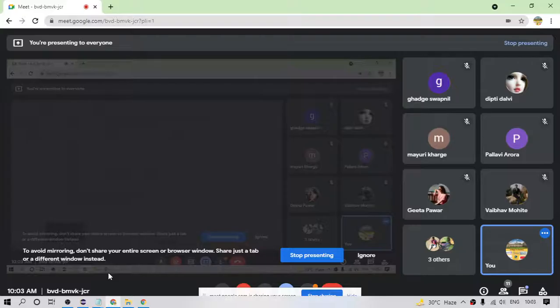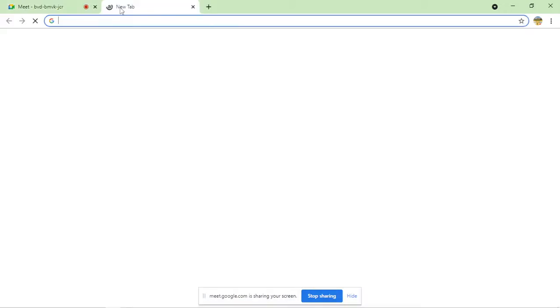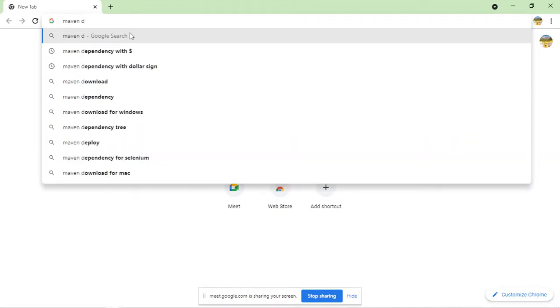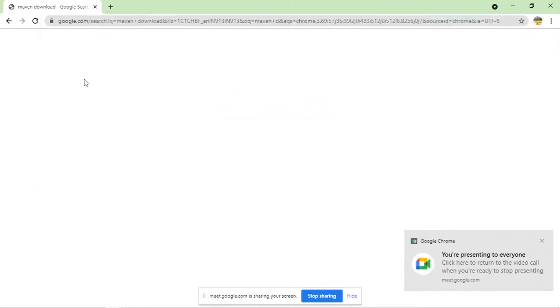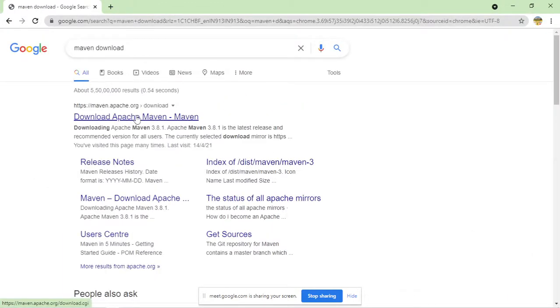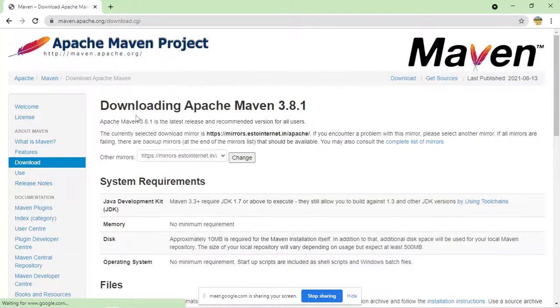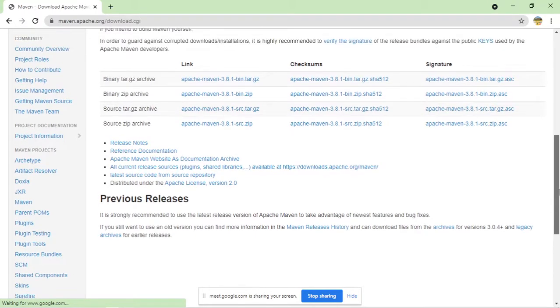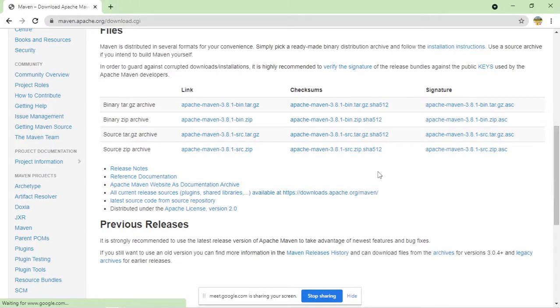So let me go to Chrome. Let me open a separate tab and just type here Maven download. So once you click it, go to their official website, and if you come down here, I'm working on Windows, so you can download.